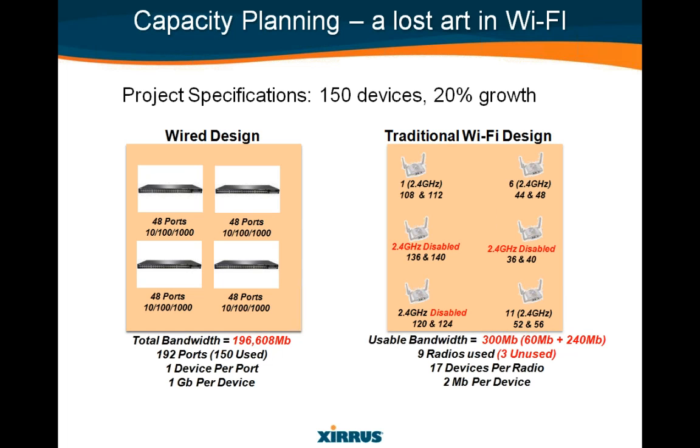Well, they start adding access points. That's the traditional approach. Hey, I need capacity. Well, I better add some access points. The problem with adding access points in most traditional solutions is that, again, one radio is a 2.4 and the other one's a 5 gig. That's fixed. That's what they have. So you actually have to start disabling that 2.4 radio in that access point, or else you'll start creating co-channel